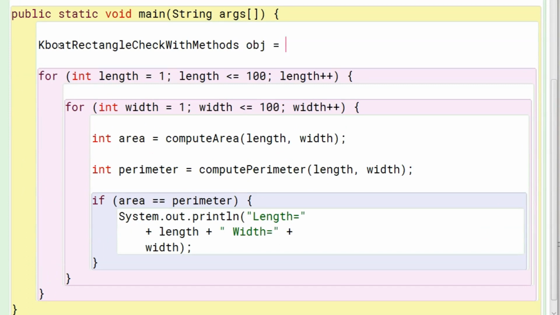The data type of this variable is the class name whose object we want to create. I have named the variable obj. You can name it whatever you want, but ensure that the name you give follows all the identifier naming rules.